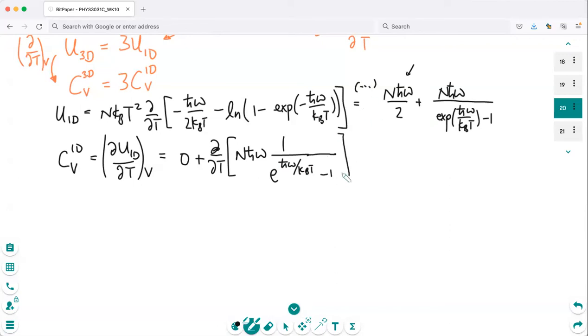Again, I will write down the answer. Okay, so there will be N times kB, h bar omega over kBT squared, and then you have this exponential e to the